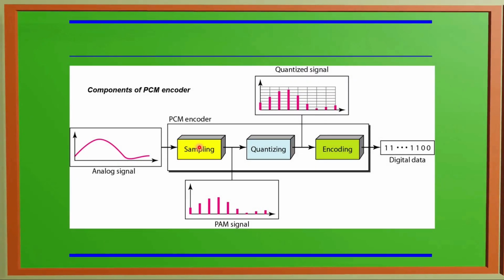So here we can see the exact process in short. We take the analog signal, we do the sampling, we take the sample signals, very few samples of the analog signal, and process them. So this signal will be converted into samples, then we go for quantizing, then we go for encoding, finally we get digital data. This is the journey of a signal from analog to digital.